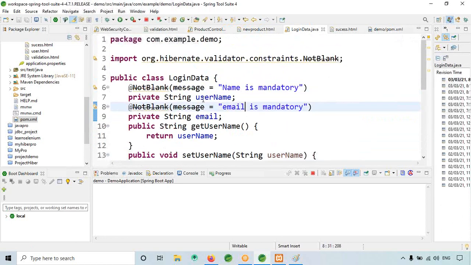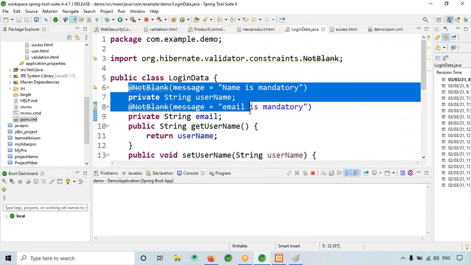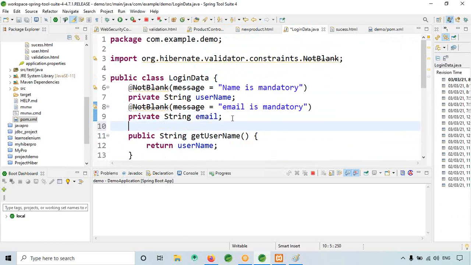After that, you added these two fields, not blank, not blank, like this.